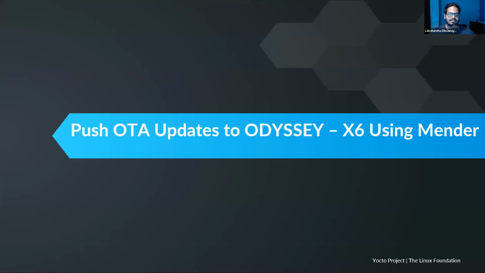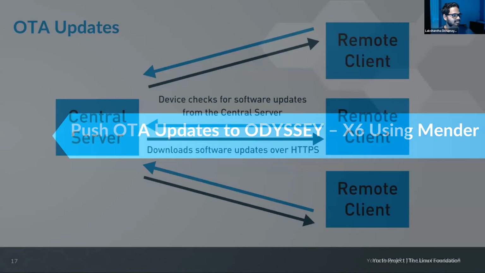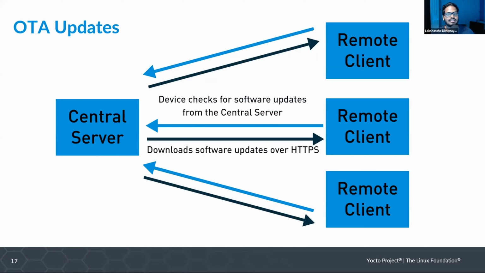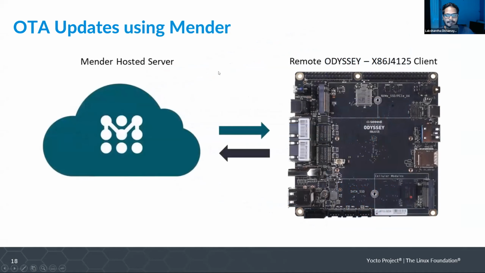So, okay. Now I will talk a little bit about the OTA updates for embedded devices. So over-the-air update is an update where there is a central server and this server is pushing software or system updates to other devices which are located remotely. The remote devices report to the server periodically to check for updates. If there is a software update available for a particular device, the remote device downloads the update and installs it. So Mender is a secure and robust update system designed to handle large number of devices. It has a simple client and server architecture, allowing central management of deployments to all devices.